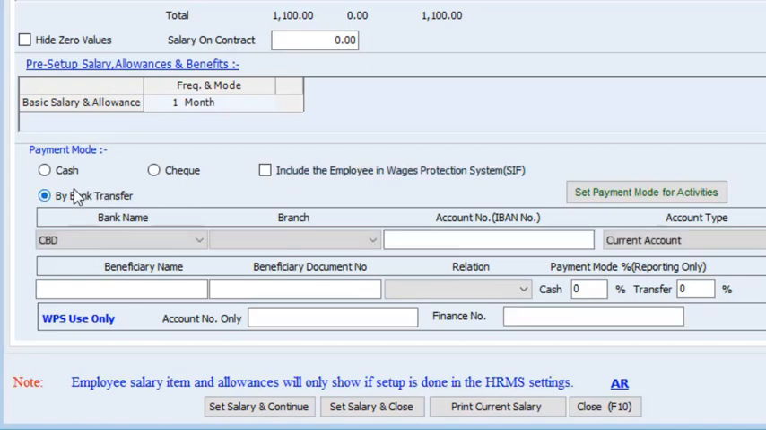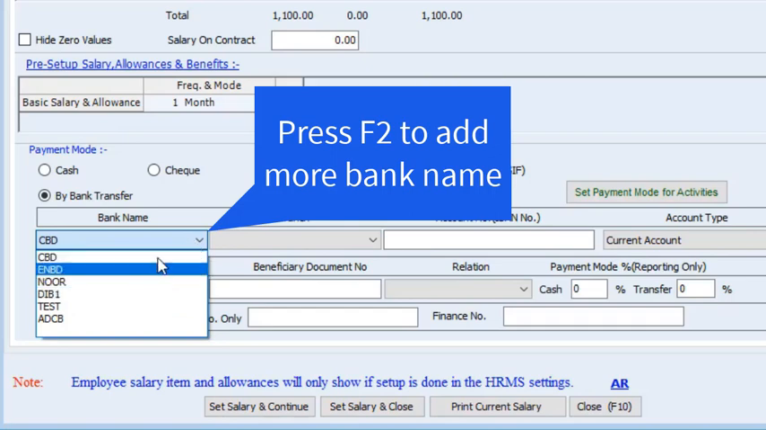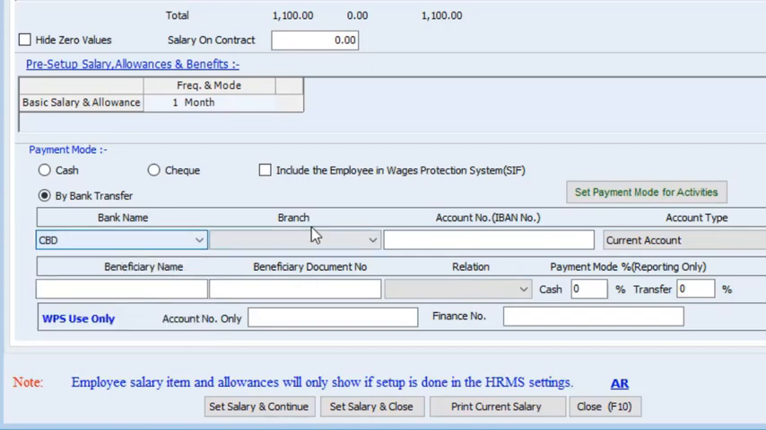Now afterwards, after we have clicked on bank transfer, notice here that all these bank related information are displayed where we have to select the bank name, which is also a great feature in the software where we allow users to create as many bank names as they require, also regarding the branch. So we fill in all the information regarding the bank transfer and whether we are using the WPS,